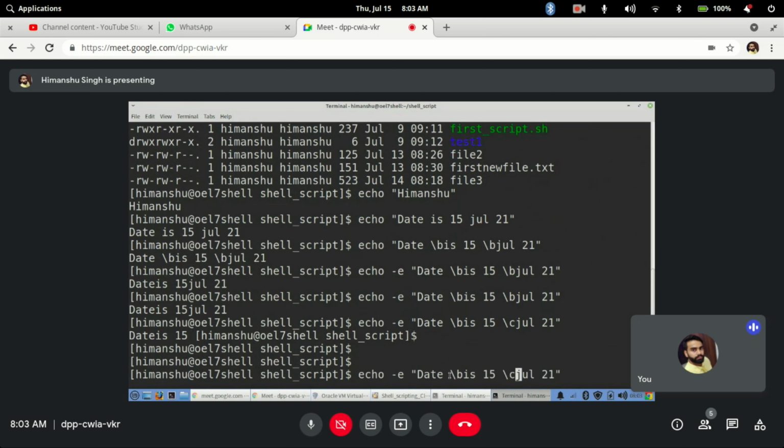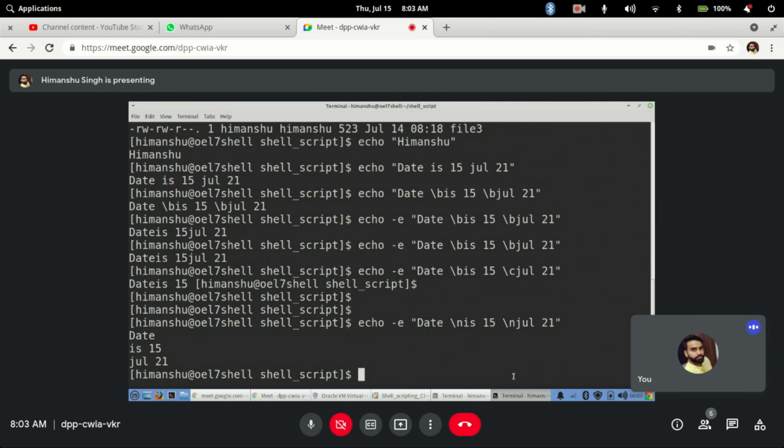Now let's say I do something like \n. The -e option is important. If you do not give -e, it will not interpret these options that you are giving here. So the -e parameter is important for it to interpret. Now if I use backslash n, it will print everything in a new line.